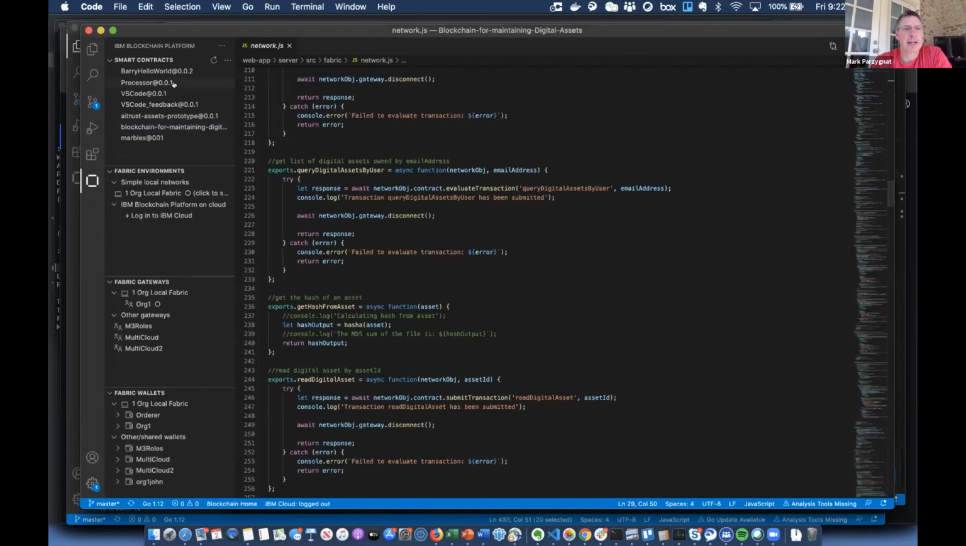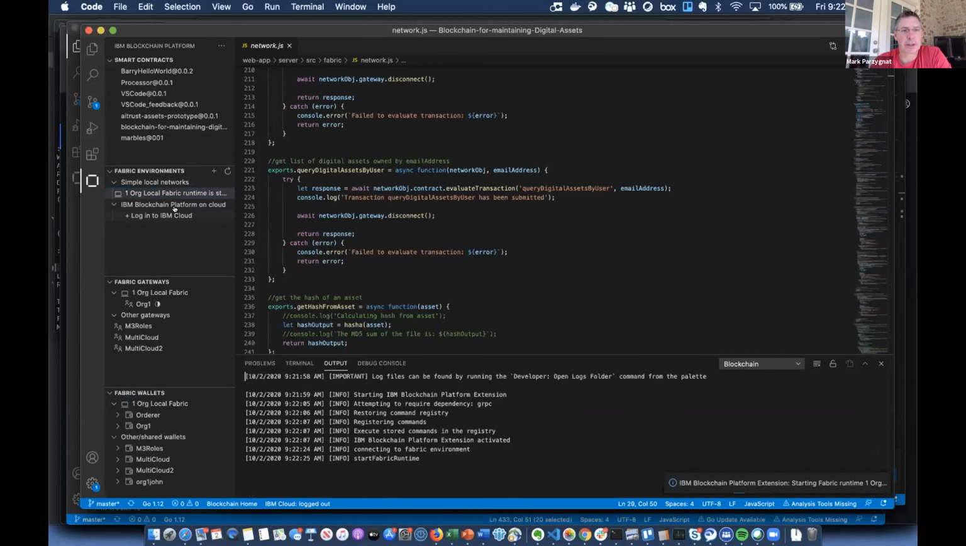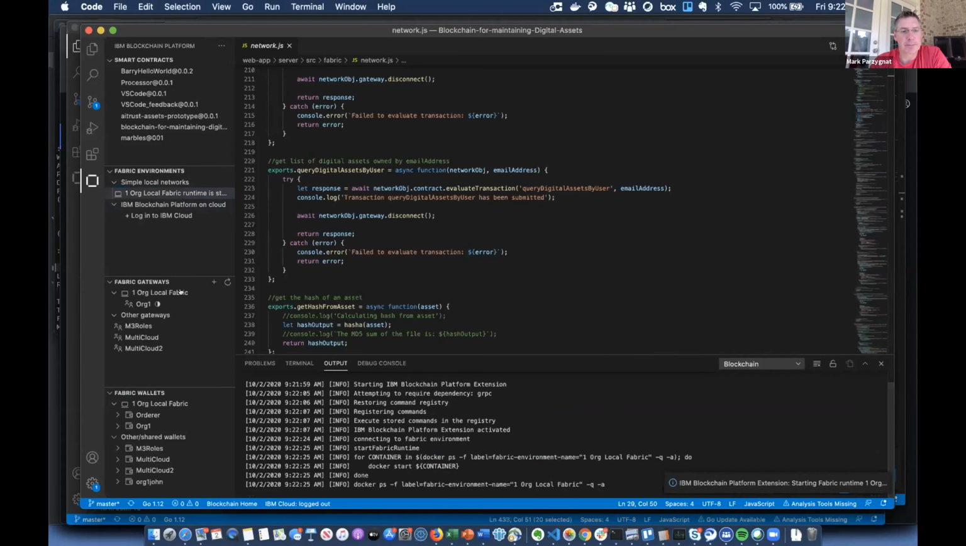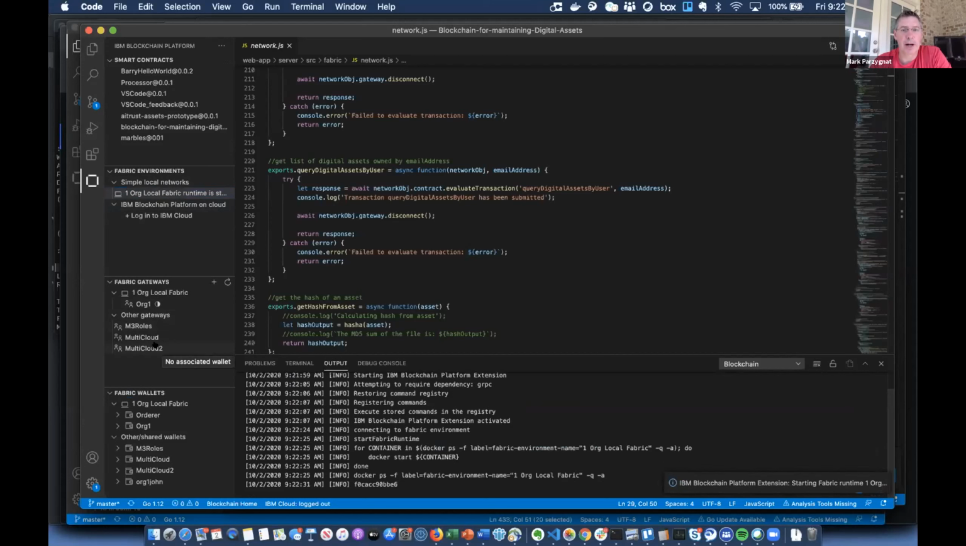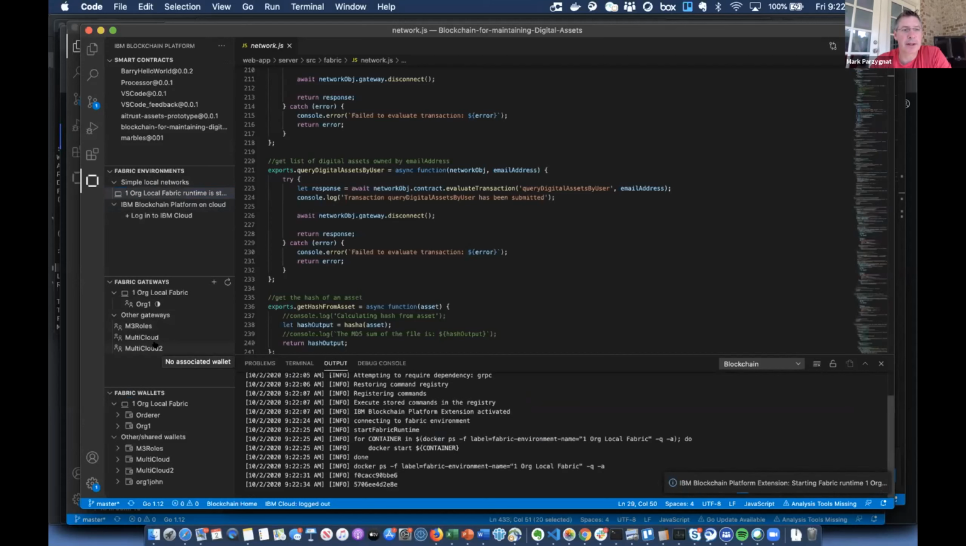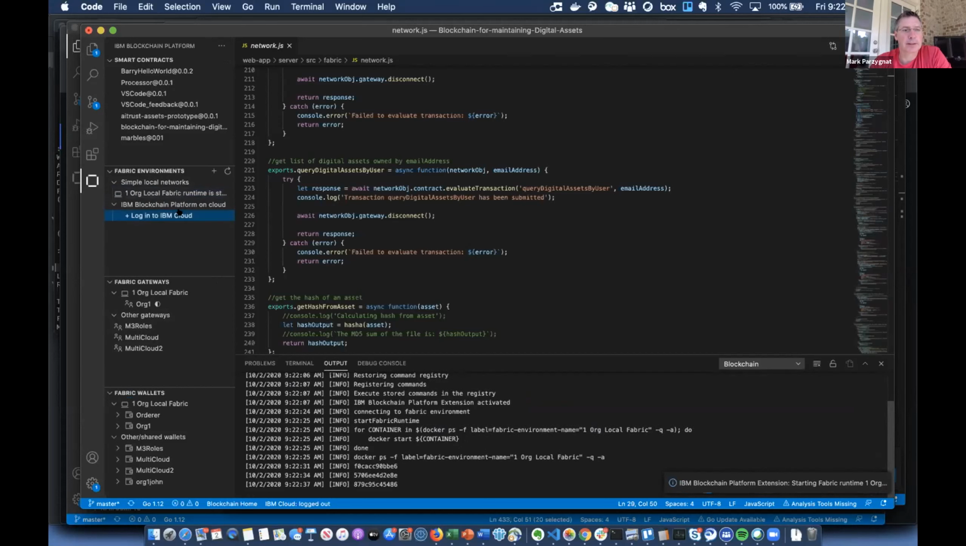All right, so you can see right here, I have a list of different Chaincodes that I have packaged up and ready to go. Here are the different gateways that I can actually log into. So for instance, I can log into my local gateway here. You can see I have 3 different gateways that are all IBP or IBM Blockchain Platform gateways that they're connected to. Once this actually connects, I'll be able to,